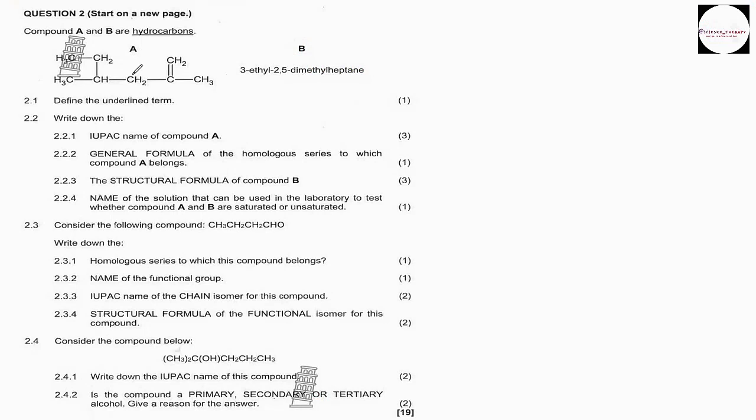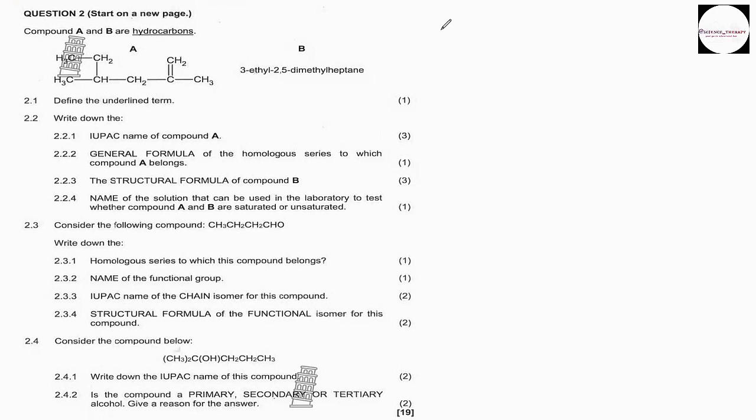And without any further ado, let's look at this question that we have here. Okay, so we have question 2. It says compound A and B are hydrocarbons, and then we are given compound A and compound B, as we can see there. Then 2.1 says define the underlined term. So we must define